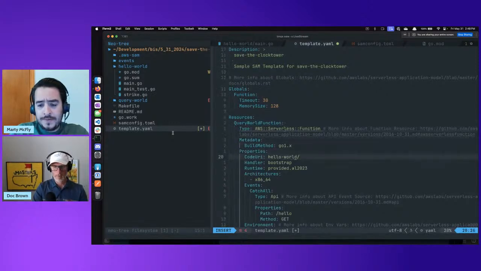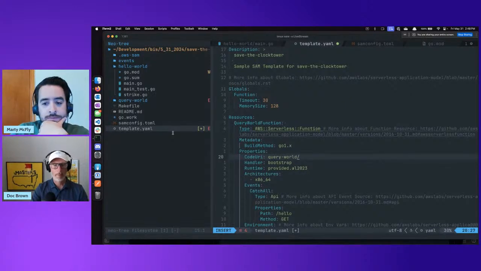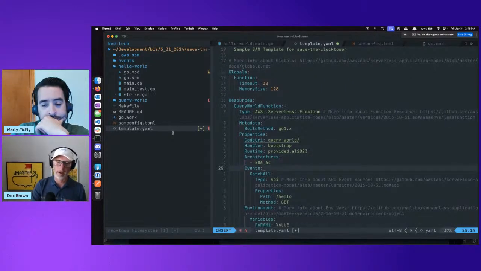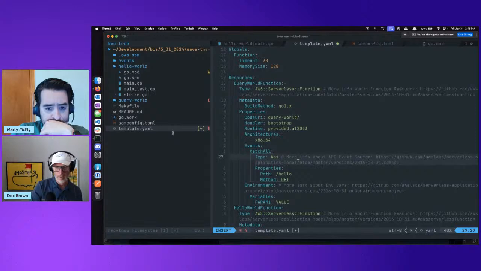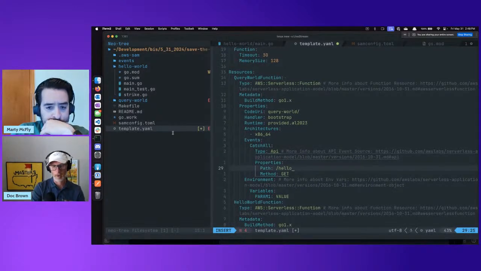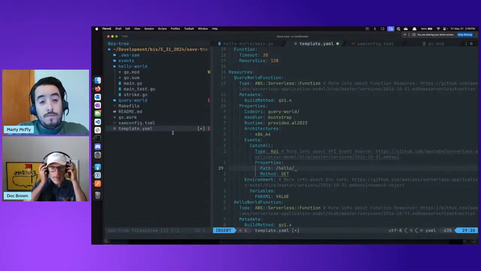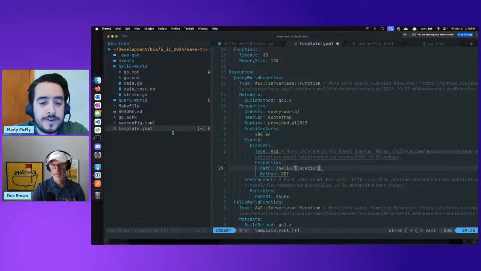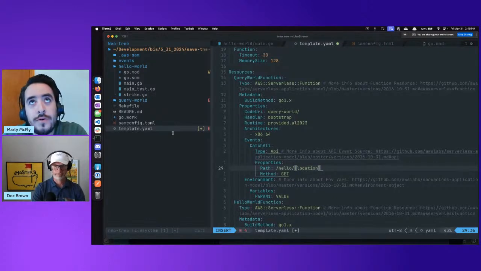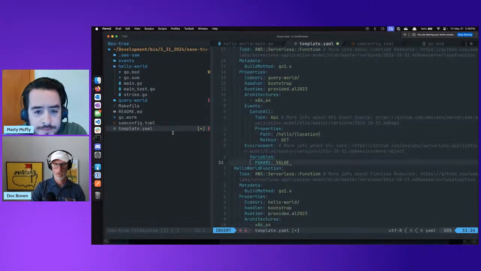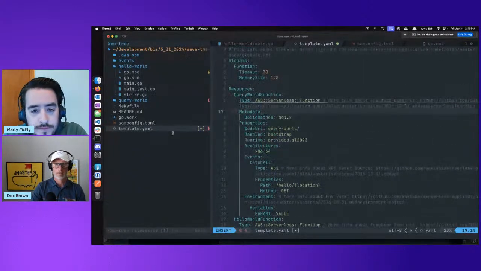Okay, I'm a query world. Yeah. And bootstrap is what the binary gets called. That's totally fine. What do we need here? We need hello, and then what are we going to fetch by? Let's do a location, because that's probably easy, right? Yeah, that's going to query on the tag. Tag, yeah. Okay, that seems reasonable.